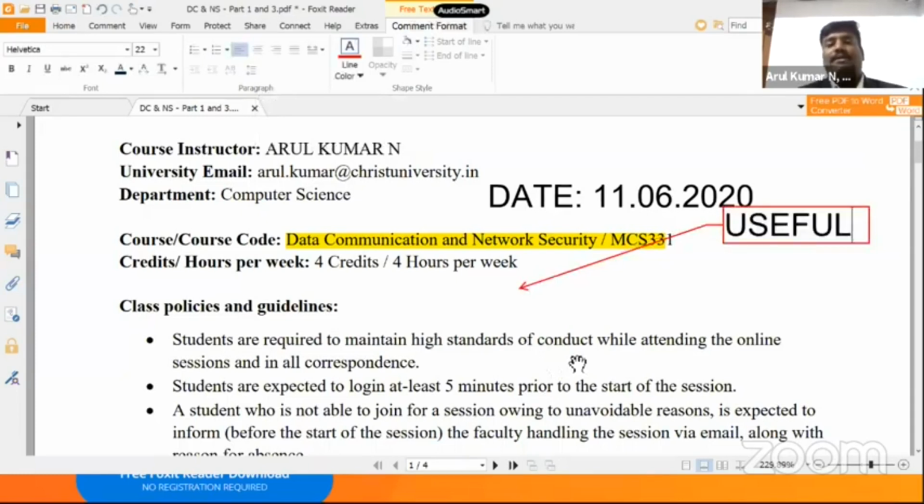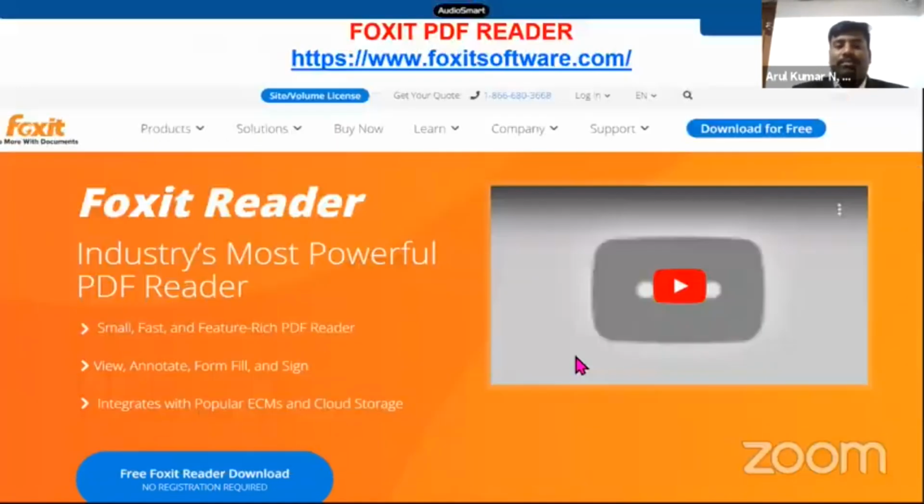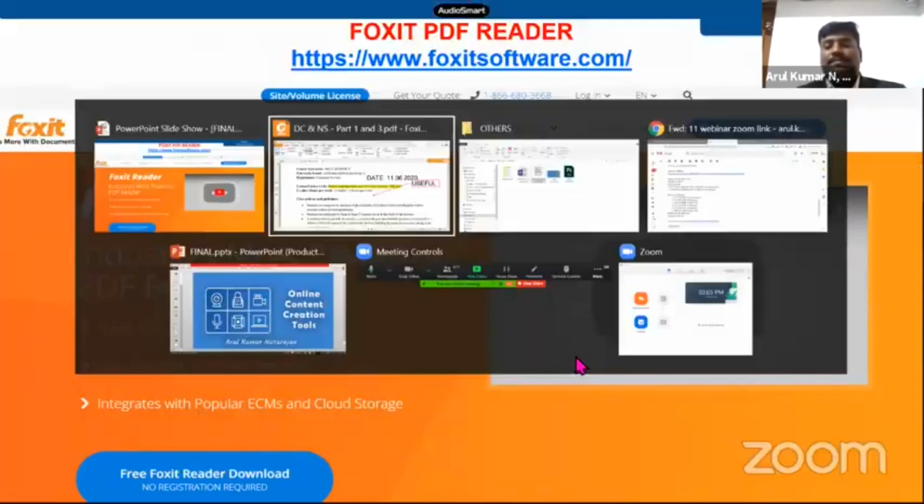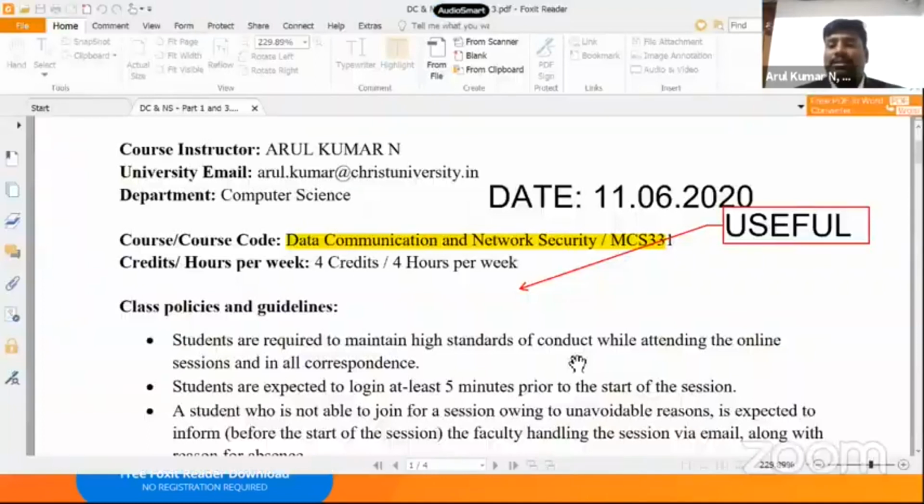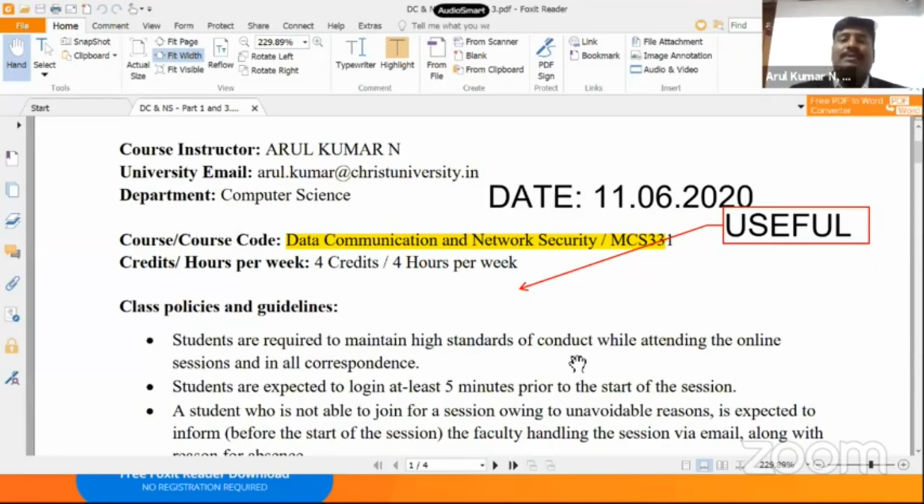This is a PDF reader which is available online for free. I can save this, and later I can open the document. See, after opening this document, I added this one. When we are sharing the PDF file with the student, they can use this PDF reader free of cost. They can make use of this for reading purposes. They can include text, highlight text, and add some comments through offline mode. This is a nice tool which you can suggest to your students.